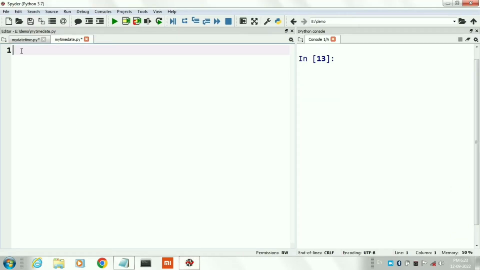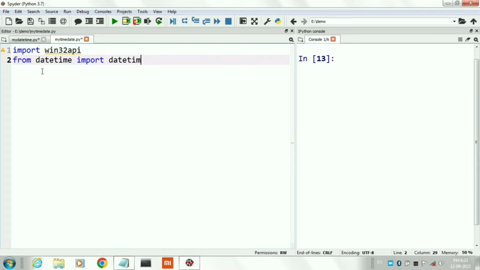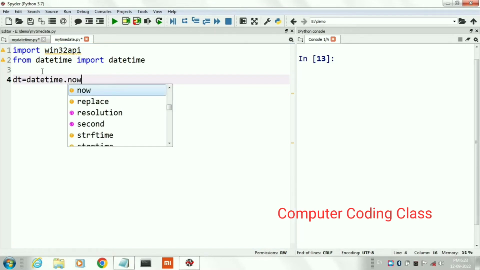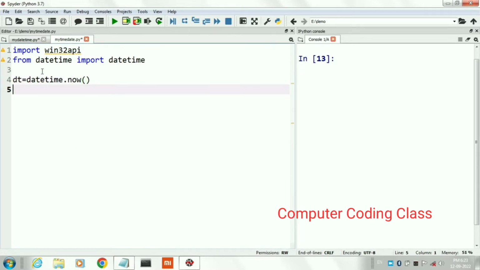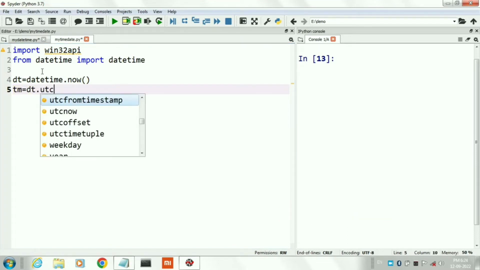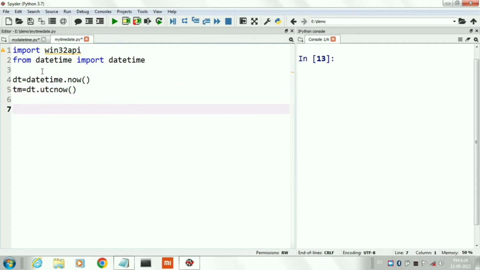Here I am using Spyder as an editor. First of all we will import necessary library files. First one is Win32 API and second one is datetime. Here class name is datetime. First we will call now function that will give date time in a single string and stored in dt variable. Second we will call utcnow function and store time in tm variable.